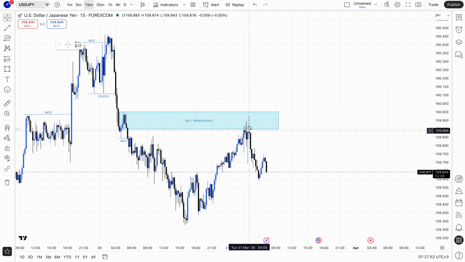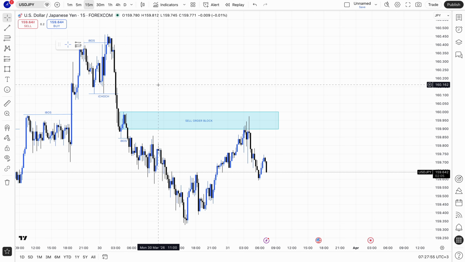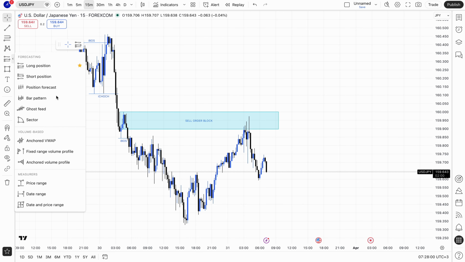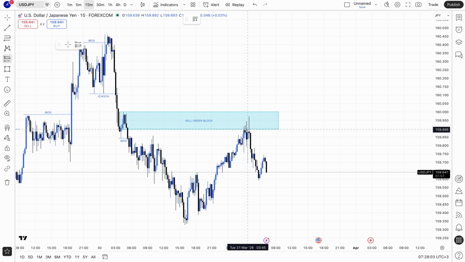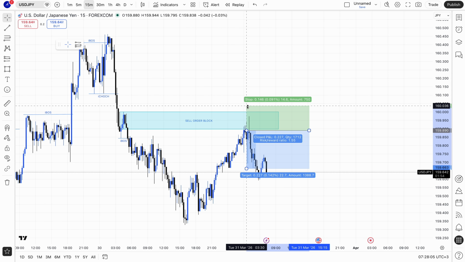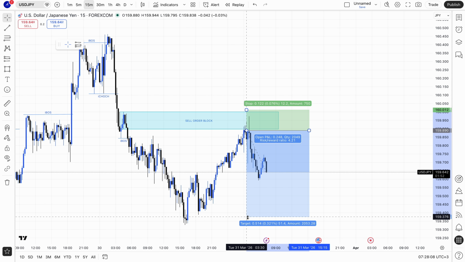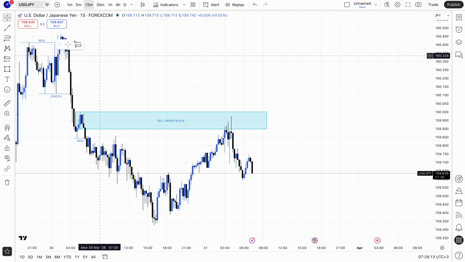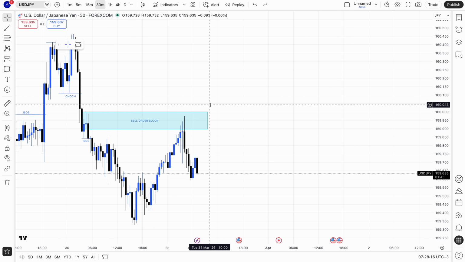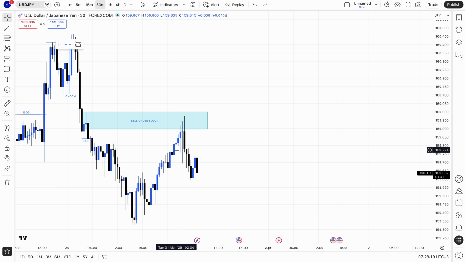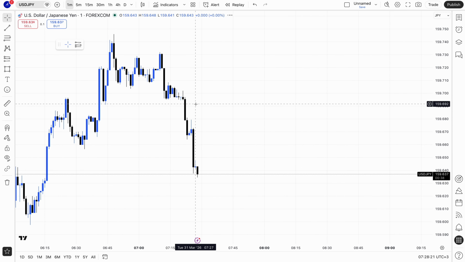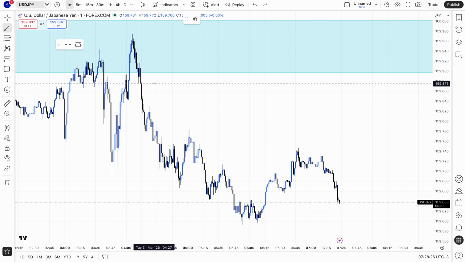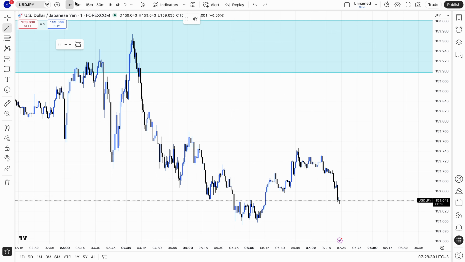The price came cleanly, tapped in, then continued to the downside. And if you enter aggressively, it's good, but it's extremely risky. So the best thing is to wait for the confirmation. We had that clean confirmation from here. After getting that clean confirmation, then we had a change of character to the downside from just the internal confirmation structure